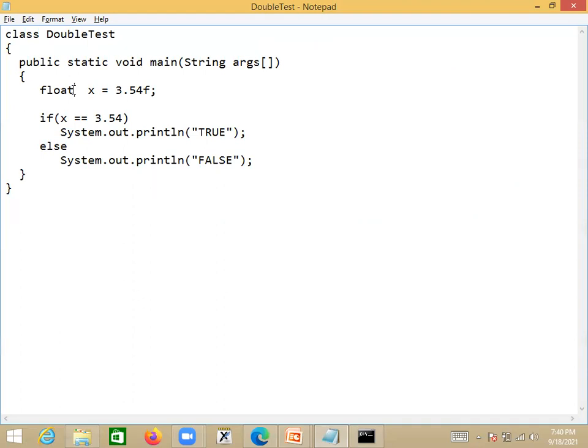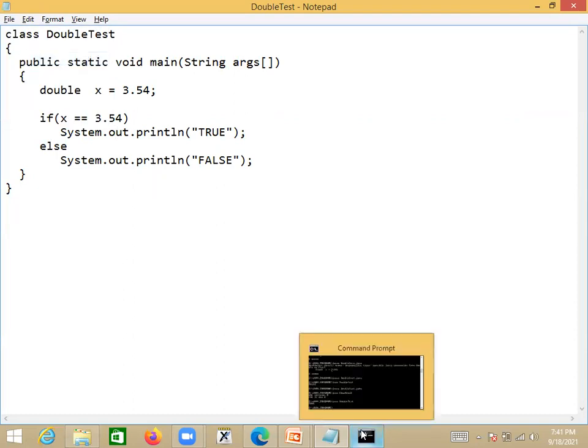Let me just demonstrate. If you take this as double, there is no need of giving F here. By default it is treated as double type. So if you consider x is equal to 3.54, let us compile the code again.